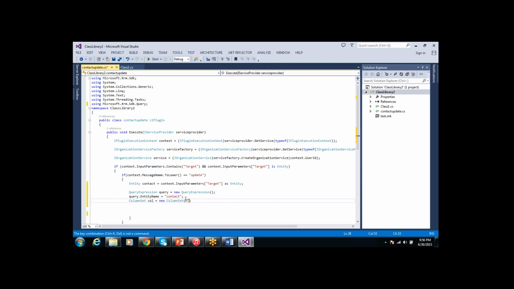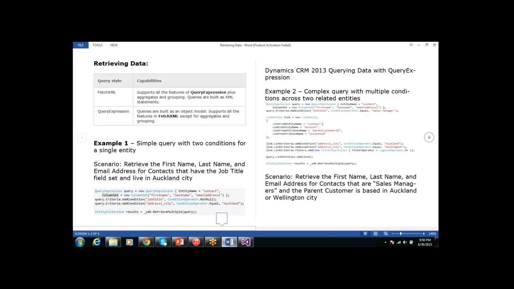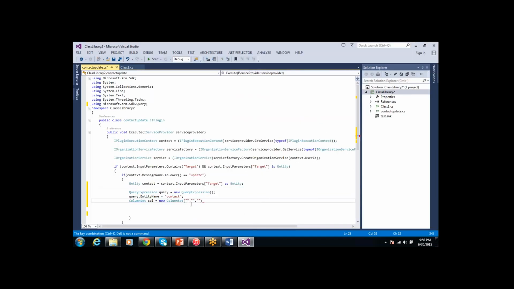Here we can define all the columns whatever we want. Here, what are the fields we need? In the example we have first name, last name, and email address one.